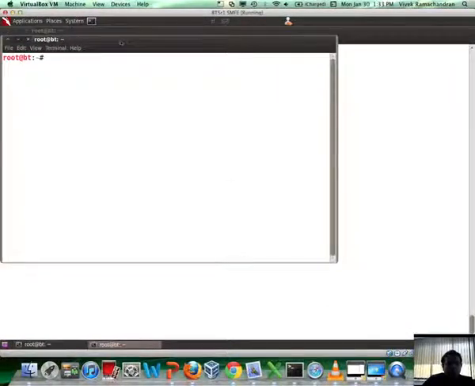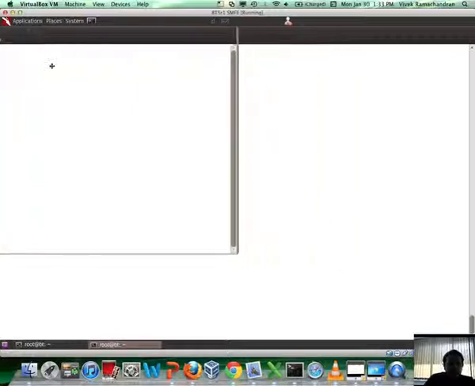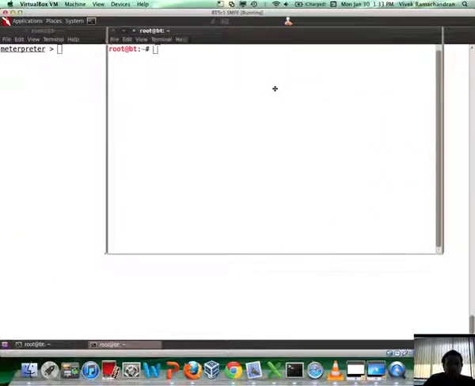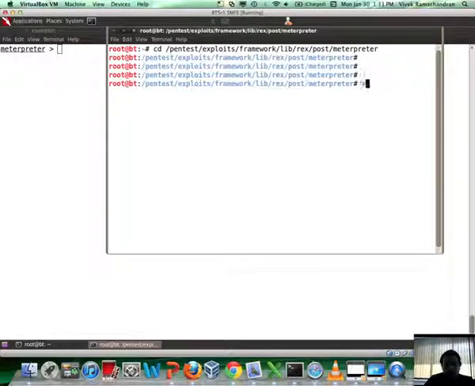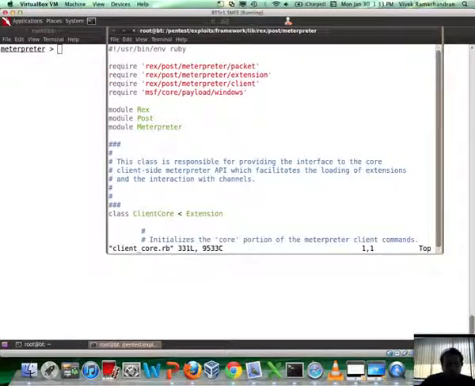Now I've broken into a Windows 7 machine, and now what I'm going to do is go to pentest exploits framework, and inside that let me go to lib/rex/post/meterpreter, and under this let me just open up the client core file.